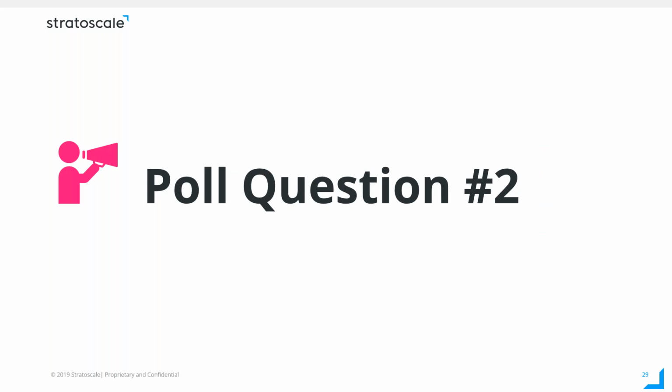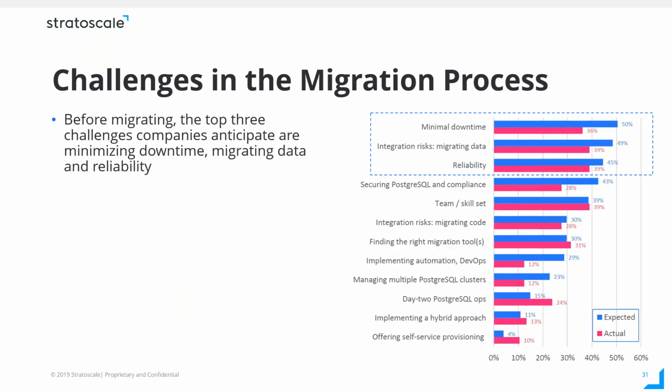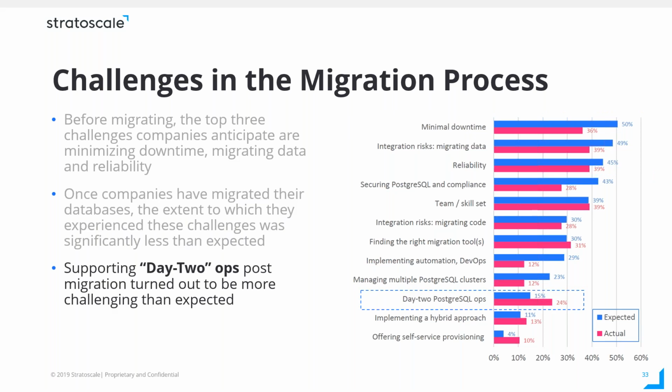So we've talked about several things. Let's now see what challenges companies anticipated and what they actually experienced in their migration. Before migrating, the top 3 challenges that companies anticipated are minimizing downtime, migrating data, and reliability of the databases. But once they completed their migrations, they experienced these challenges, but to a lesser extent than what they had anticipated. And then instead of those challenges, new, or maybe less expected, challenges seem to pop up